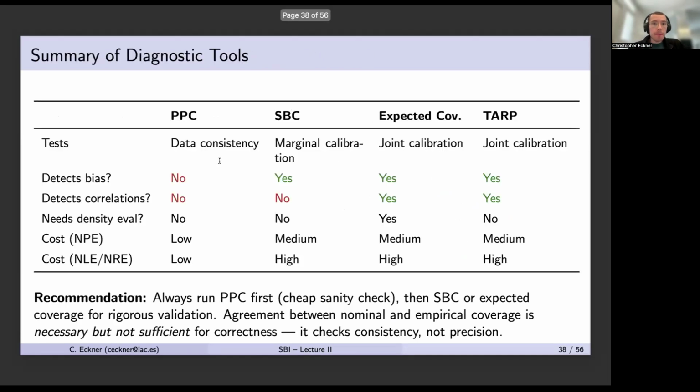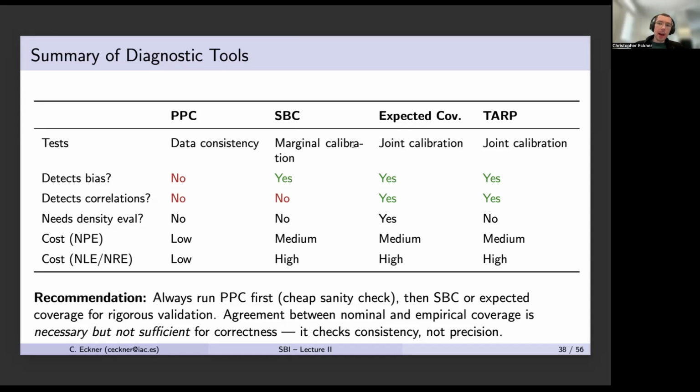Right. So as a summary of these diagnostic tools that you have at hand, what you should do is first test data consistency. It doesn't detect anything at all. It's just, after getting your posterior, you evaluate it with predictions from the posterior, and you make sure that it looks reasonable compared to observed data, and that with variations to the network architecture, there are no weird surprises that make this unrealistic. And once you are sure that that works, so these first cheap sanity checks give you something reasonable, you go on to these coverage tests,